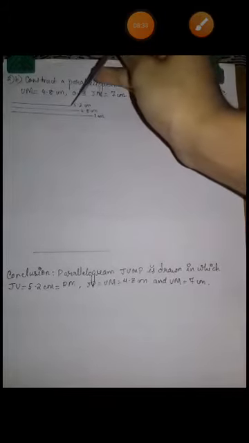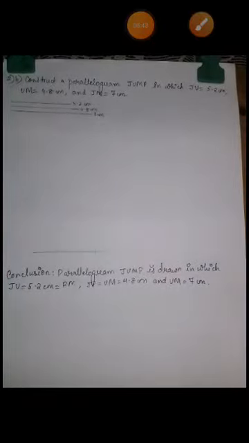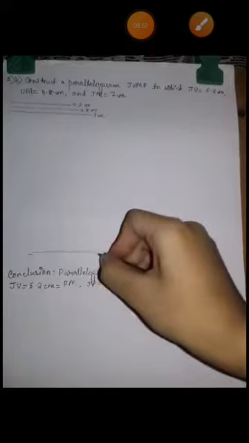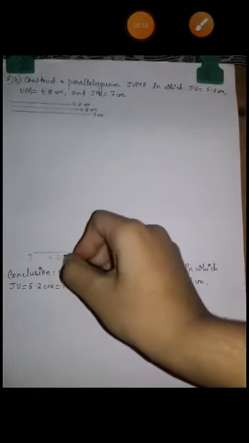So I am taking this measurement using the compass. What you will do, you are going to place your compass and cut an arc over here, which is of measurement 5.2 centimeter. So you are writing JU, that is 5.2 centimeter. Alright. Now, this is done, JU 5.2 centimeter is done.